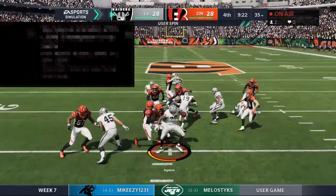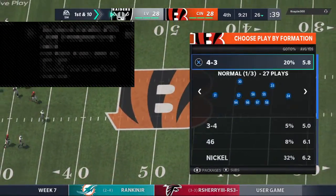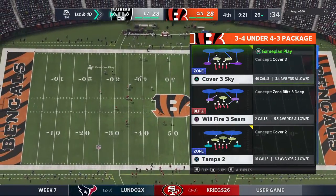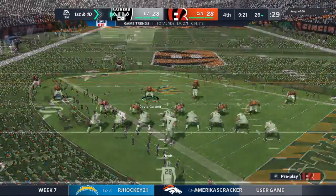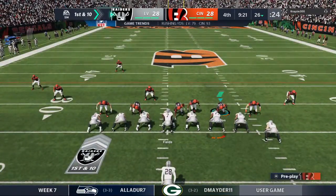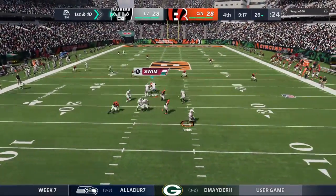Tied at... and they'll get him down right around the 25, actually the 26 officially, so a net gain of 1 there. 10 at their own 26-yard line. The Raider offense set to get this drive started. Well, they just gave up the score to tie it. That's the bad news. The good news, plenty of time in this 4th quarter to try to grab that lead